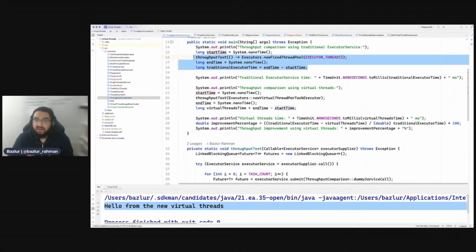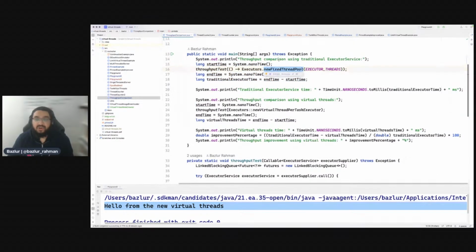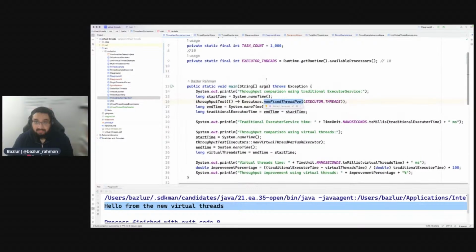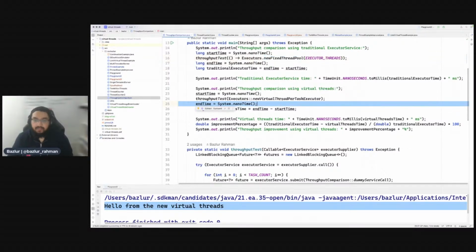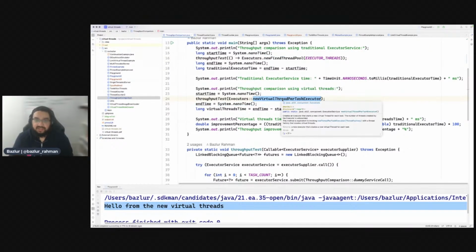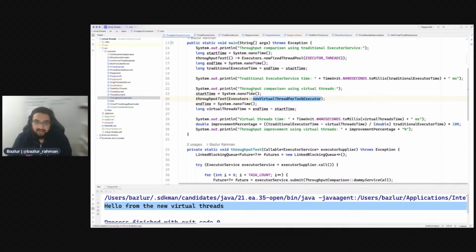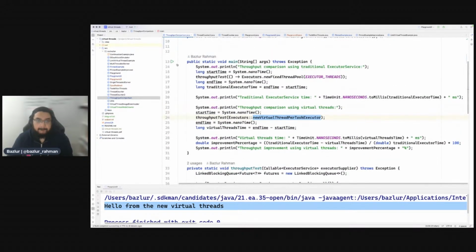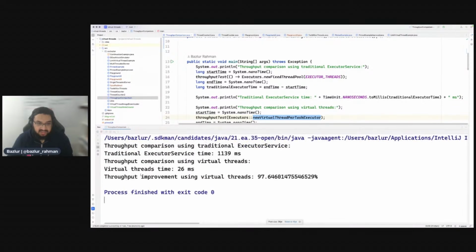First we're going to send them to our new thread pool, and our native threads are going to execute them one by one, not exactly one by one, because we have 10 threads, so some of them will run in parallel. And over here, we're going to use virtual threads with the same number. Now we will compare the throughput. So if we run these applications,